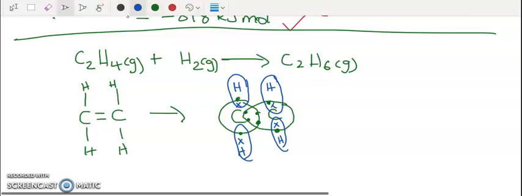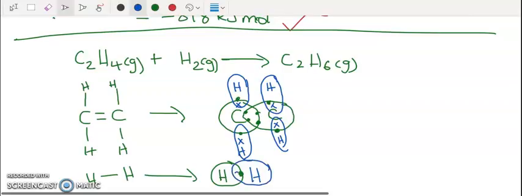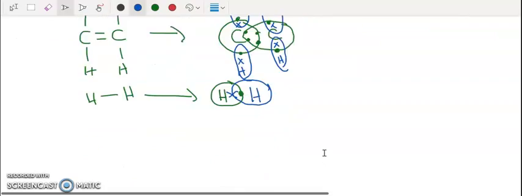Now, between hydrogen, it's going to be a single bond because, let me write it like this, the hydrogen has 1 electron in its outermost shell, and this hydrogen has 1 electron in its outermost shell. So adding these two up, you've got 2. Next, let's look at